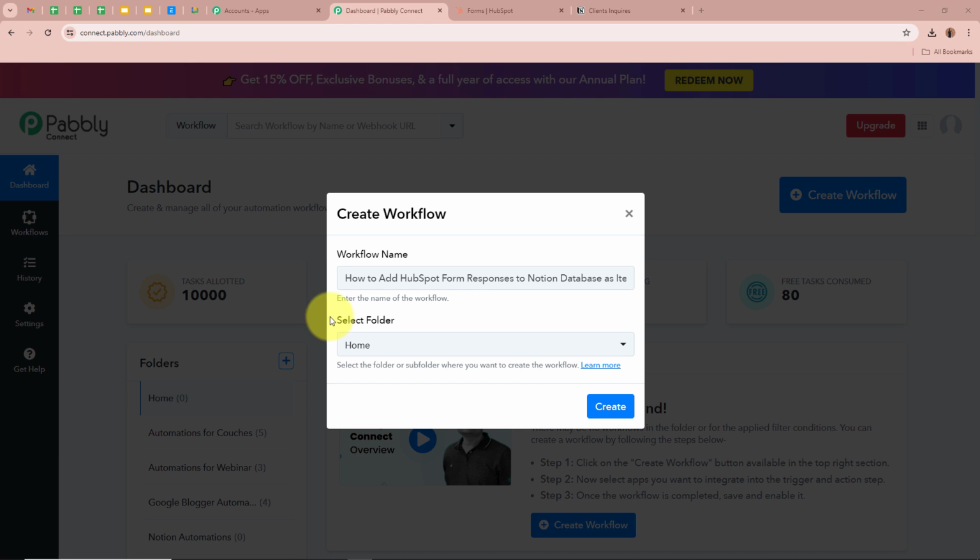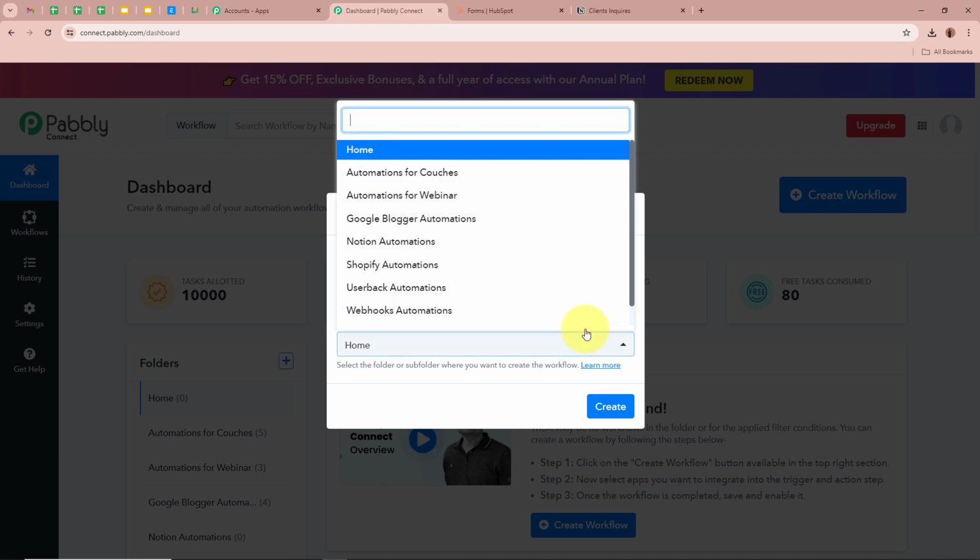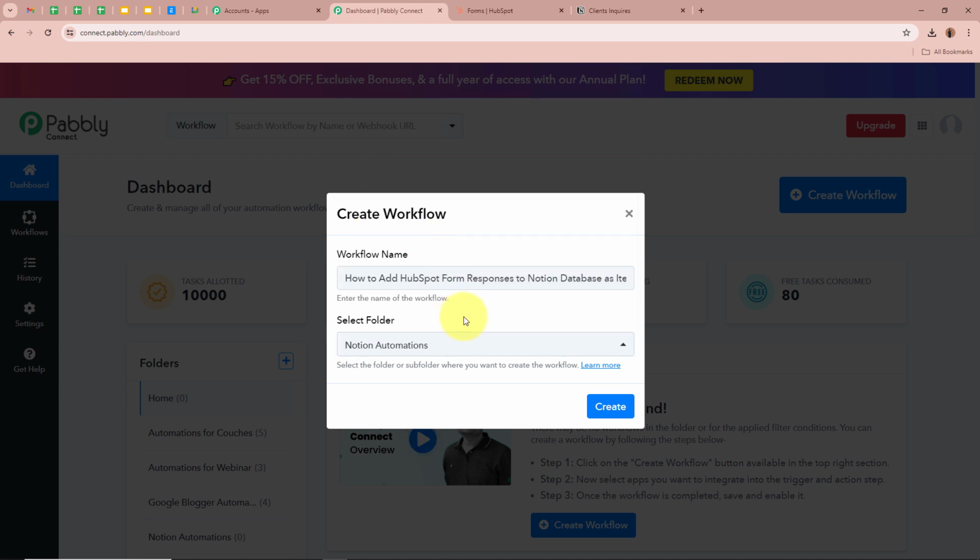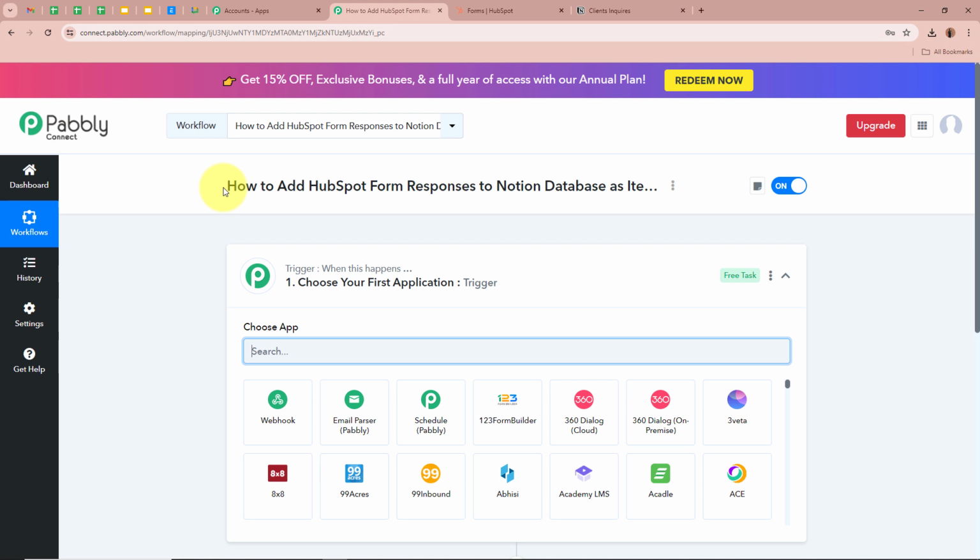Next, it is asking us to select a folder. On the left side of my screen, you can see I've created multiple folders in my Pabbly Connect account, from which I'm going to select a specific folder in which I want to save this workflow. For that, click on this arrow. These are the folders that I've created, from which I'm going to select Notion automations as the folder I want to save this workflow in. After giving a name to our workflow and selecting the folder, let's click on Create in order to create a workflow. A workflow is created in the name of How to add HubSpot form responses to Notion database as items,